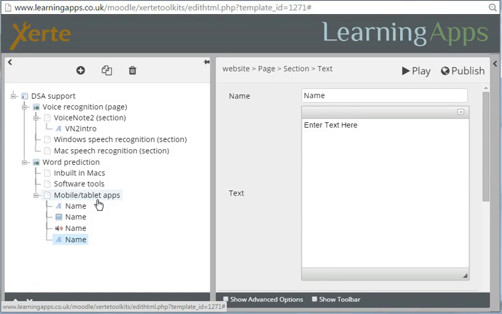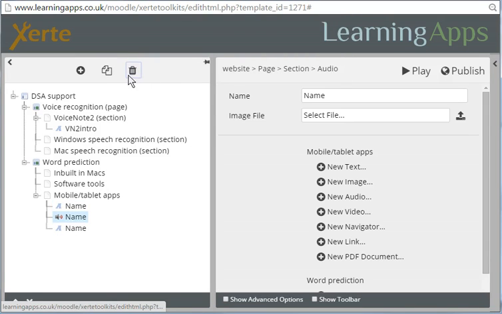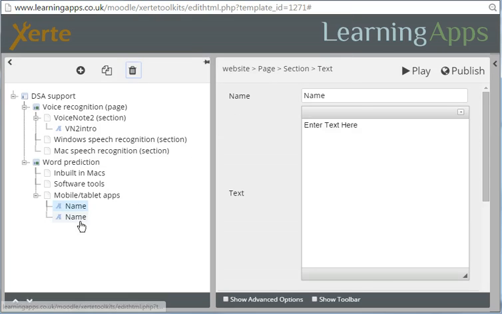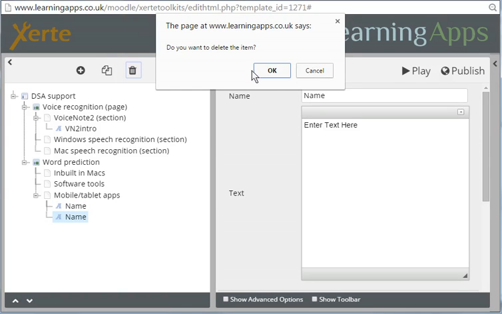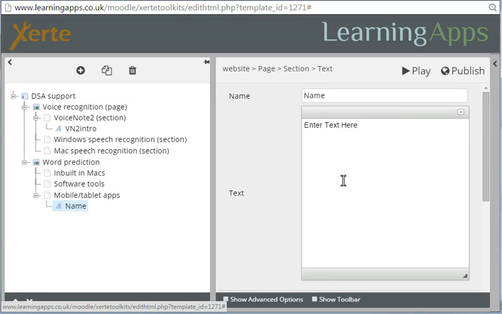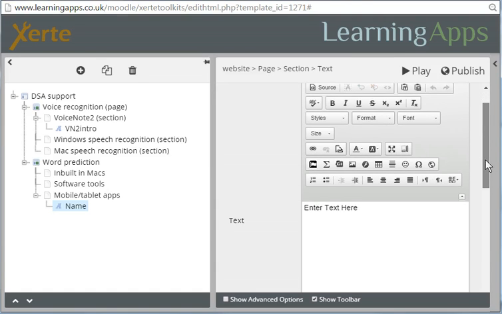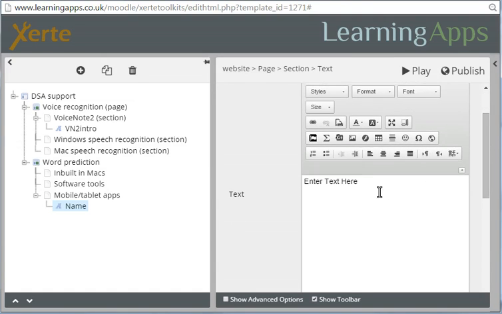Alternatively, you can do it a different way, where you simply add the one element, the text element. So I'll delete these others for the moment, and instead I'll show you an alternative way where I simply add the text element, and then I click on the Show Toolbar to bring up the editing toolbar, and from the editing toolbar I can then add my text,